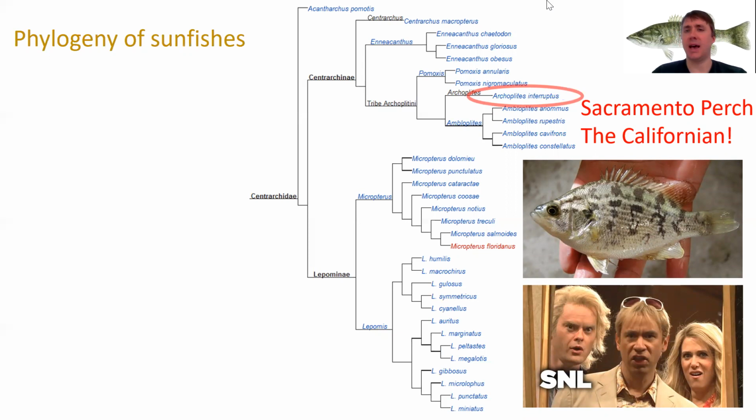What you'll notice is that the species Archoplites interruptus, that's Sacramento perch, it's in the genus Archoplites. It's the only species in that genus. And if you look at the species that it's most closely related to, you'll find it's this genus Ambloplites down here, which has 4 extant species, at least as we're constructing it now. That includes, let's see, it's shadow bass on the top, rock bass is the second one. The third one is the Roanoke bass. And the fourth one is